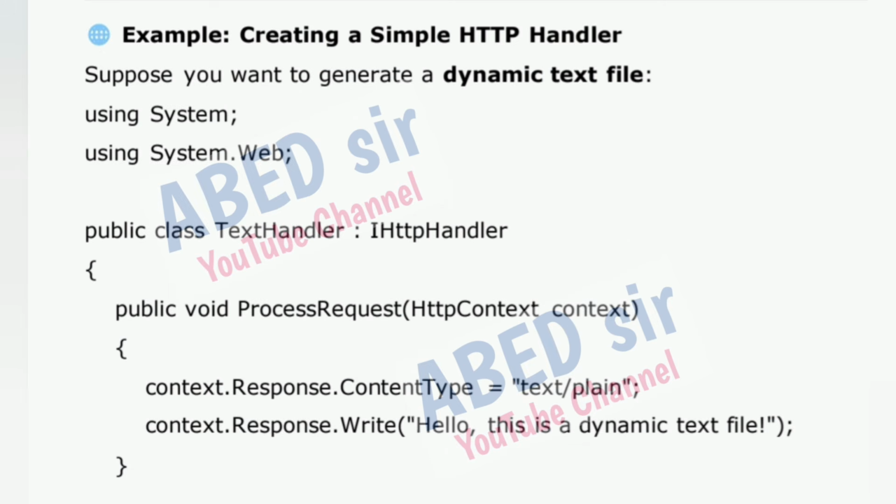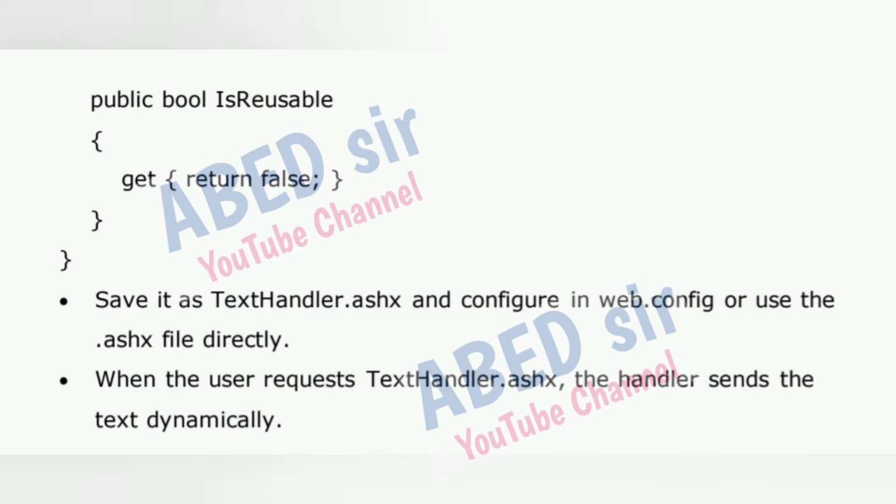Example, creating a simple HTTP handler. Suppose you want to generate a dynamic text file. using System; using System.Web; public class TextHandler : IHttpHandler { public void ProcessRequest(HttpContext context) { context.Response.ContentType = "text/plain"; context.Response.Write("Hello, this is a dynamic text file."); } public bool IsReusable { get { return false; } } }